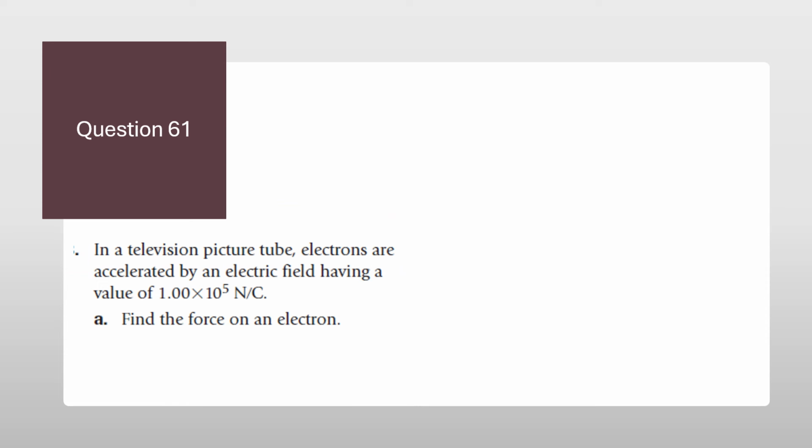This will lead us to question number 61. In a television picture tube, electrons are accelerated by an electric field. So talking about an electron and electric field E, which is 10 to the power of 5 Newton per Coulomb, we have to find the force. So if you remember the force,